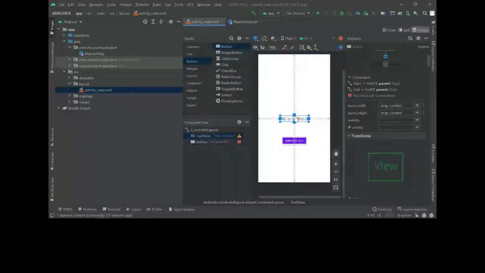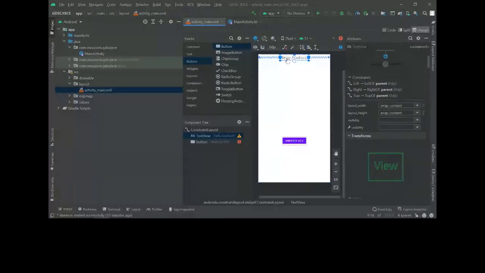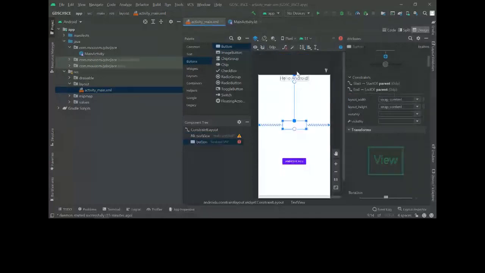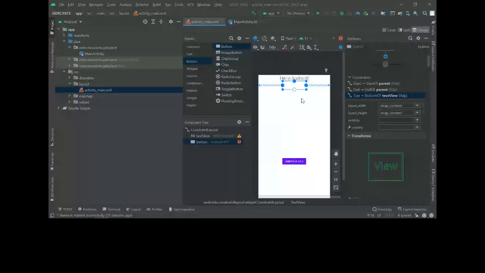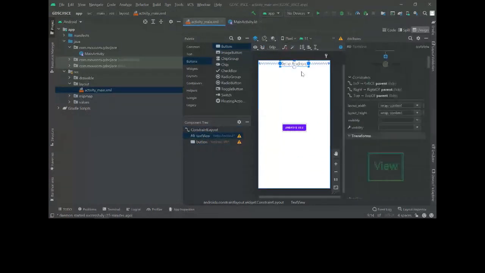So what I can do is delete this thing, and I will constrain from this component. I will go like this, and from the bottom also I will do like this, and I can add some margin as well.